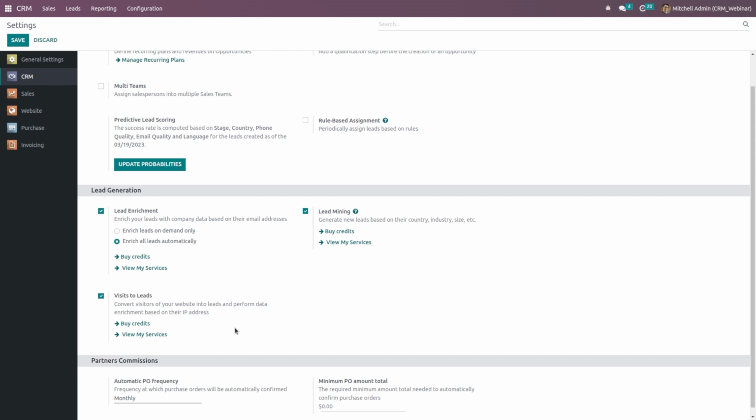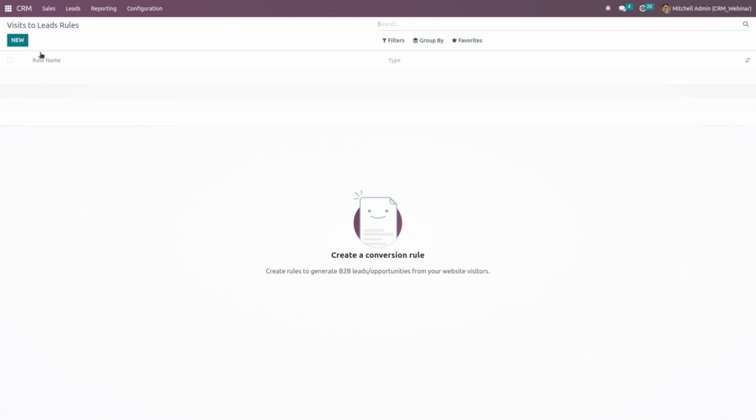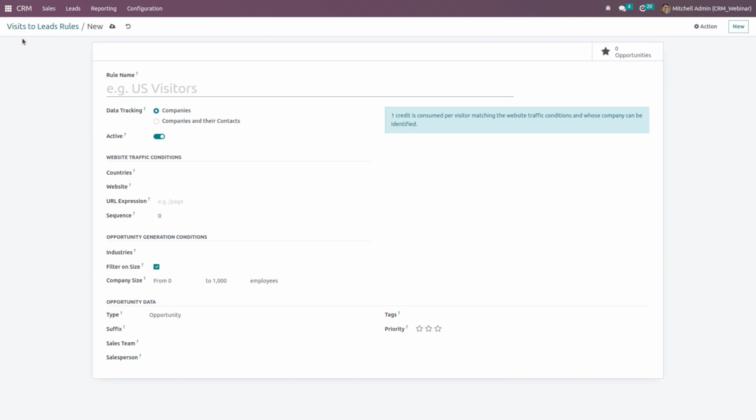data enrichment based on their IP address. So we can set the rule for these visited leads, and for that, after enabling visits to leads, open the configuration. In the lead generation, you can see the visited leads rules. Here you can create a new rule for these visited leads, naming the rule. I'm using the name 'use rules', and for data tracking, companies or companies and their contacts. Here I'm choosing companies and their contacts,